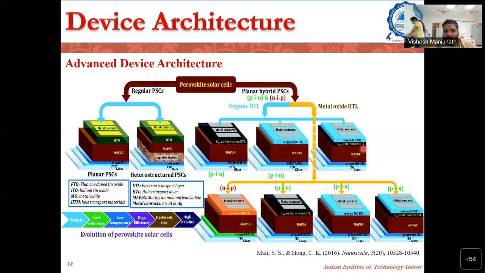So you simply make a device and sandwich or not sandwich, or use HTL or ETL or just form a junction for a solar cell, and it can actually work as a solar cell, and it can give you some efficiency. So these are the structures, and people also started using different structures for actually increasing the stability. That we will look into. This is the major drawback of perovskite solar cells: they are very sensitive to moisture, and they degrade when exposed to moisture. So people started actually using